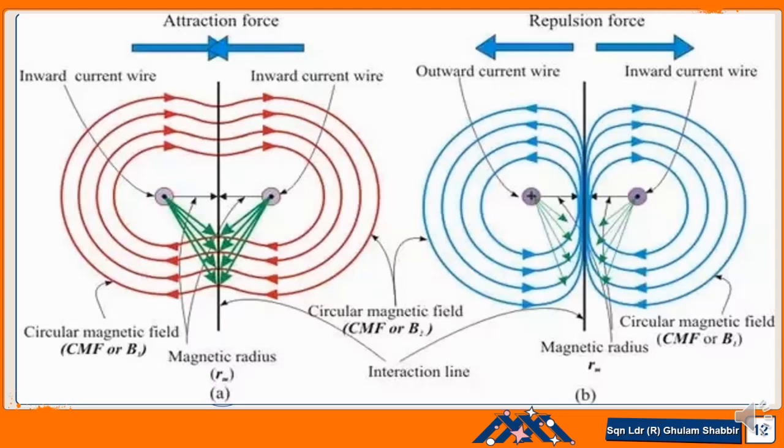And in the case of pattern A, both wires have the same direction of current, so inside there will be opposing fields, so the field will be cancelled, but the outside field will remain and support each other in such a way that the wires will be pushed inward, so that it is felt that the two wires are attracting each other. So this is the resultant.